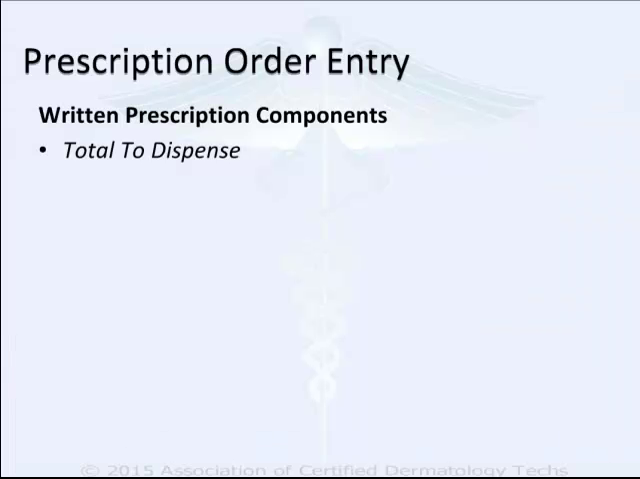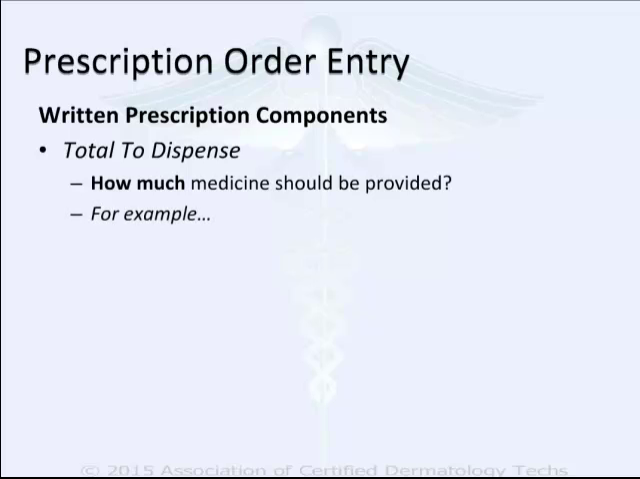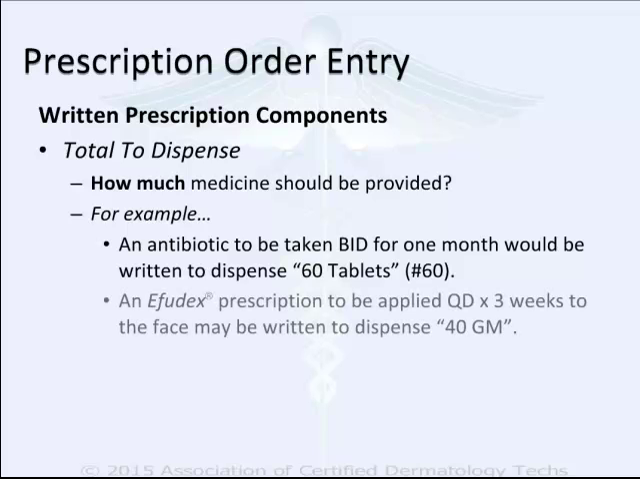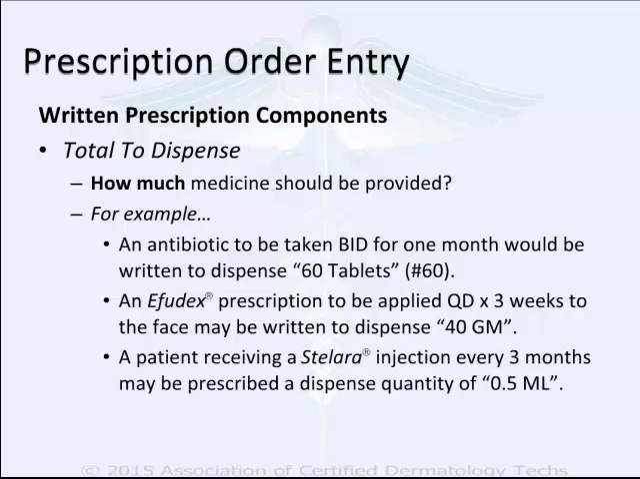The total to dispense is just as it sounds, that is, how much medicine should be provided in each prescription. For example, an antibiotic to be taken BID for 1 month would be written to dispense 60 tablets, or simply number 60. An Efudex prescription to be applied QD times 3 weeks to the face may be written to dispense 40 grams. Or a patient receiving a Stelara injection every 3 months may be prescribed a dispense quantity of 0.5